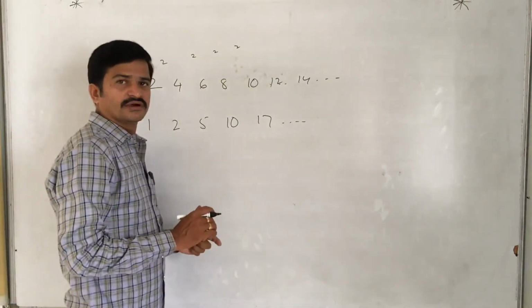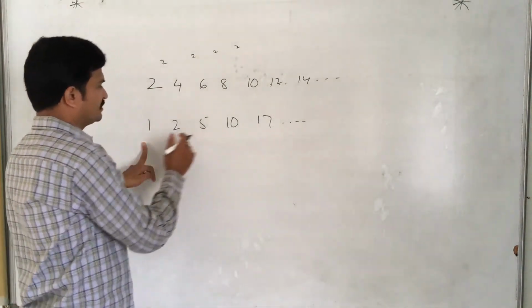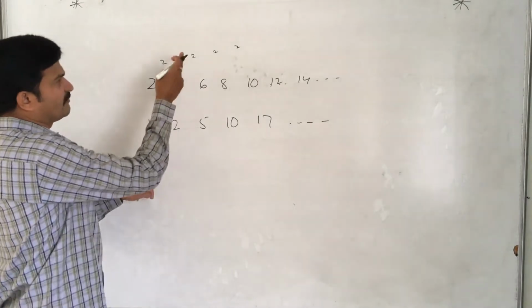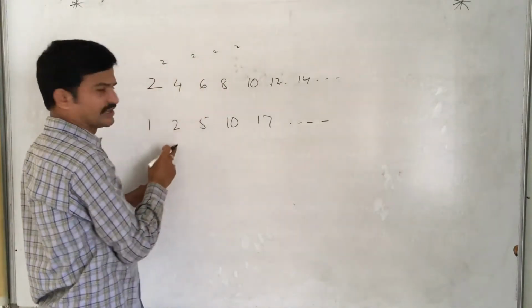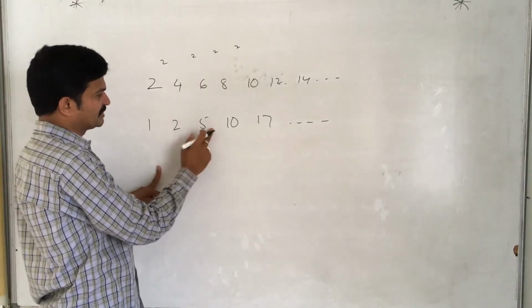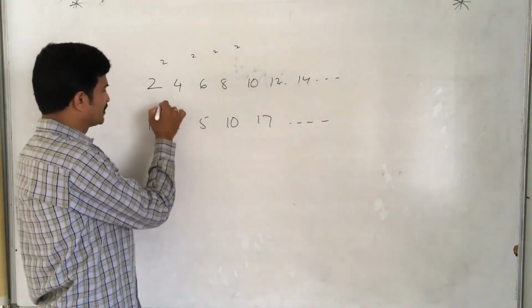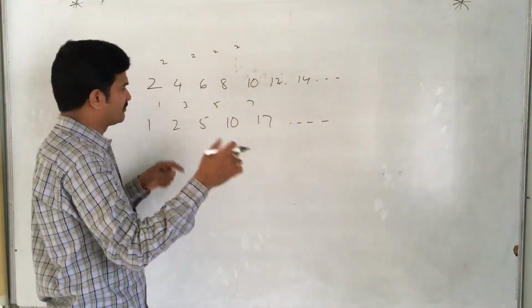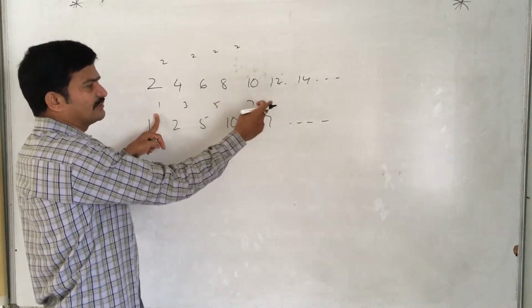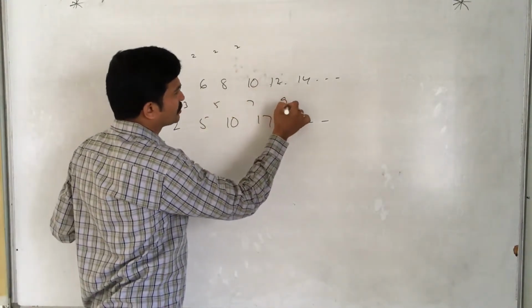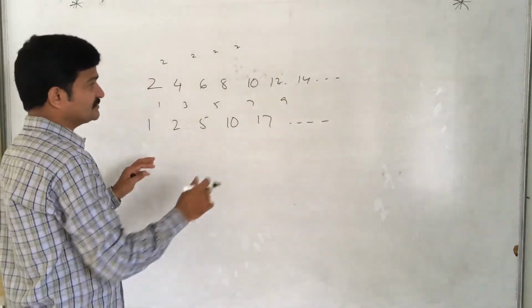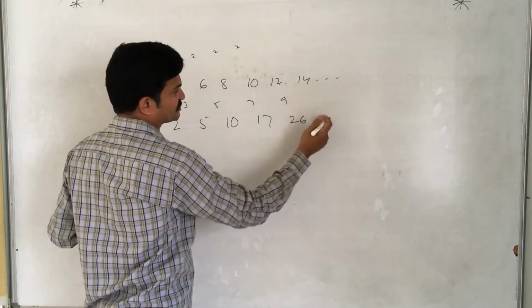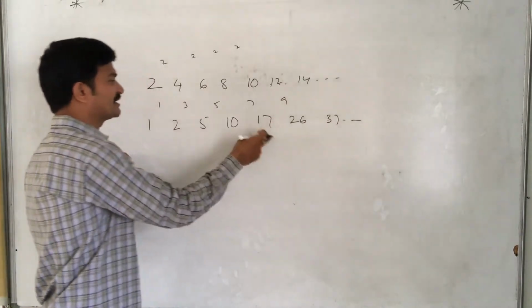Now coming to the other one, can you guess it? What is the next number? What will come here? See, whatever rule you try to apply, this rule is not applicable here, because here the difference is 1, then 3, then 5, then 7. Difference is 1, 3, 5, 7. So you may guess now what will come next. These are all odd numbers, no? What is the next odd number? 9. So if you add this 9 here, 17 plus 9 is 26. What next? An 11 difference we should get, so 37. Like this, this pattern follows.